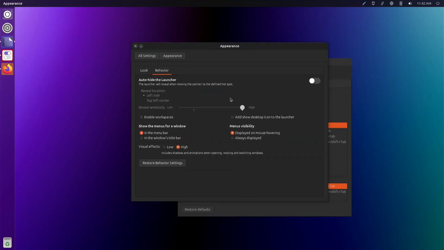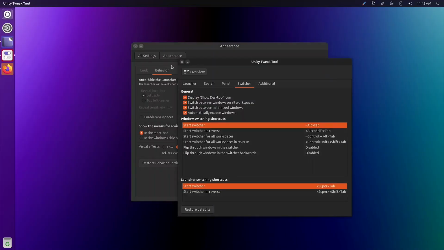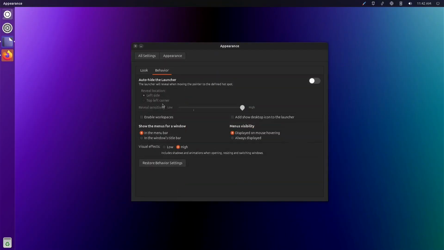Oh, hey. Okay. It looks like they did put some. Oh, there we go. Enable workspaces. And should... Okay.